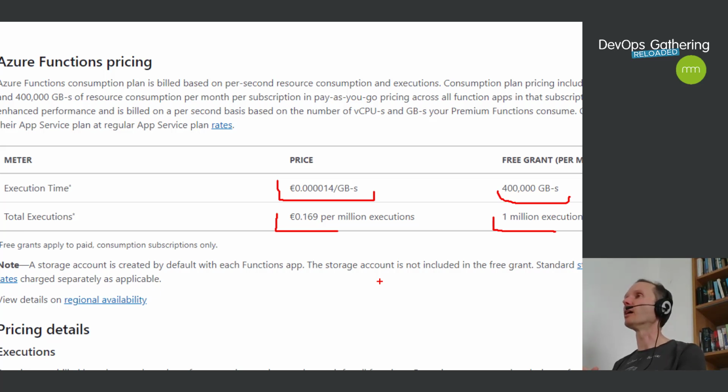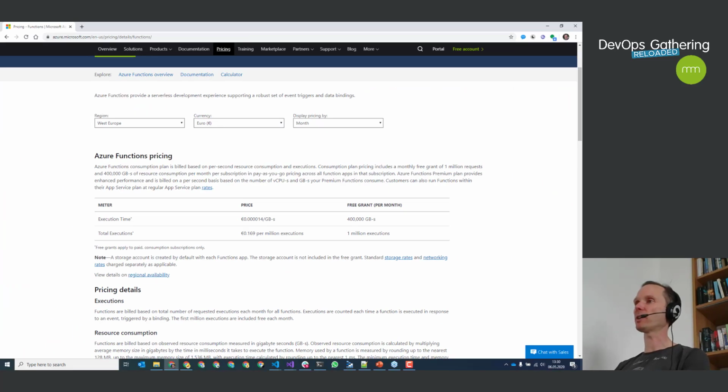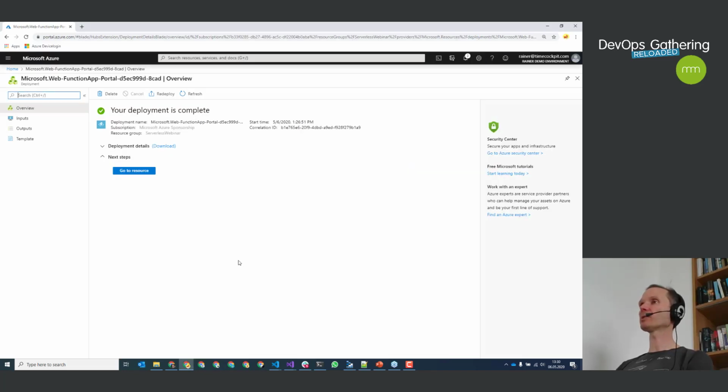The old thinking of let's buy a huge server that hurts one time because it's so expensive is over. Now the controllers and the management team will take a look at the invoices of Azure every single month and they will ask you, hey, can't we make our algorithms more efficient? Because then we don't have to pay so much money. So that's a very important thought. Keep that thought and remember it when you transition from infrastructure as a service or platform as a service towards serverless. So let's go back to our other browser, and yes, the deployment has succeeded.